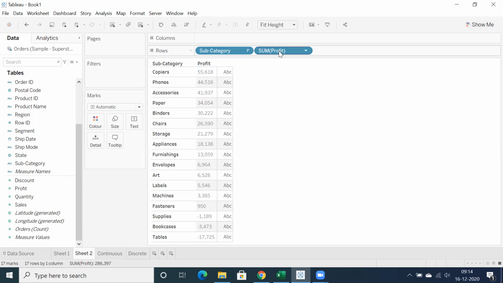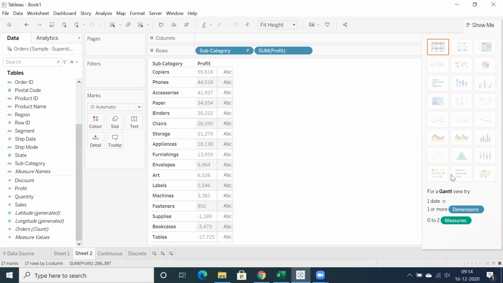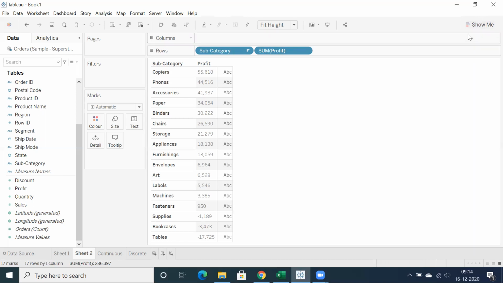When you convert a measure into discrete, you cannot create any chart or any visualization. Every chart is disabled. If you have any questions on this, I will explain one more time. But why I have done this is a very good question.